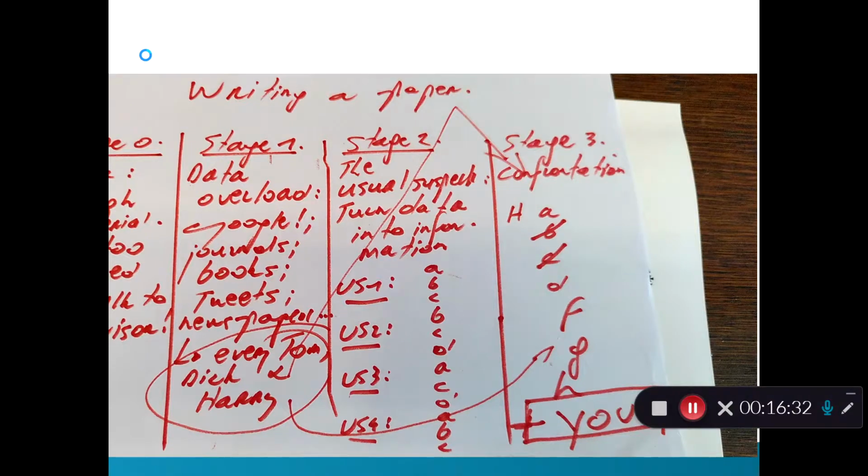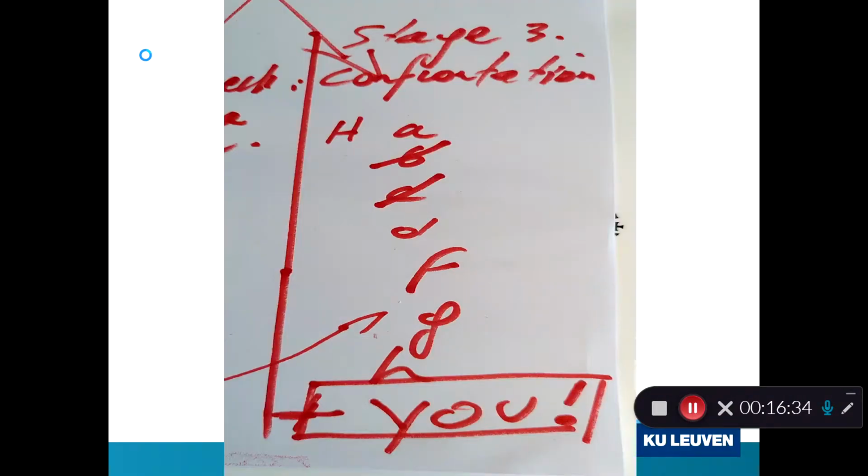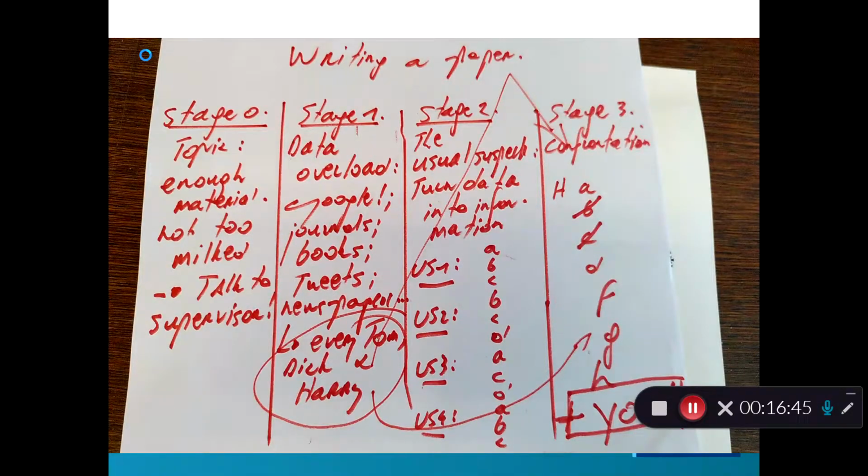various sources. So this is a slightly closer up view of this insertion of your own ideas, having read all these various sources. And this is then again the overview of the whole process from stage 0 right through to stage 3, the level of confrontation. Now, I'm absolutely confident that what I have told you is not at all extremely exciting,